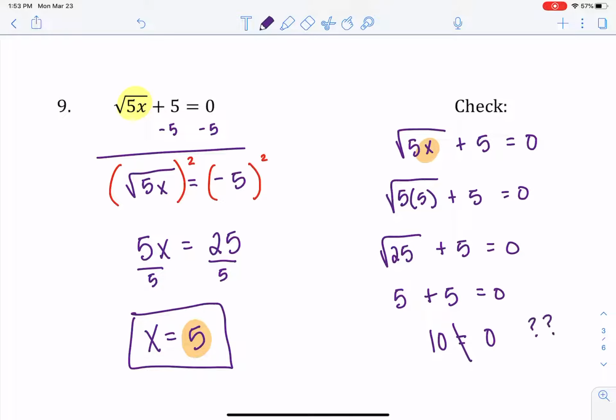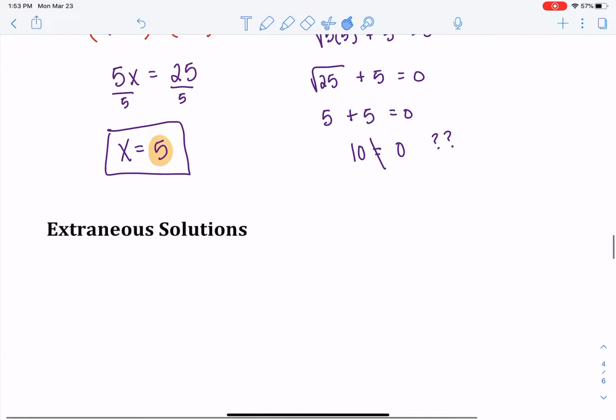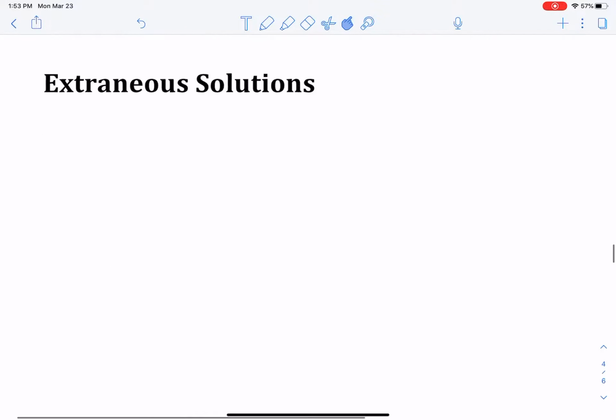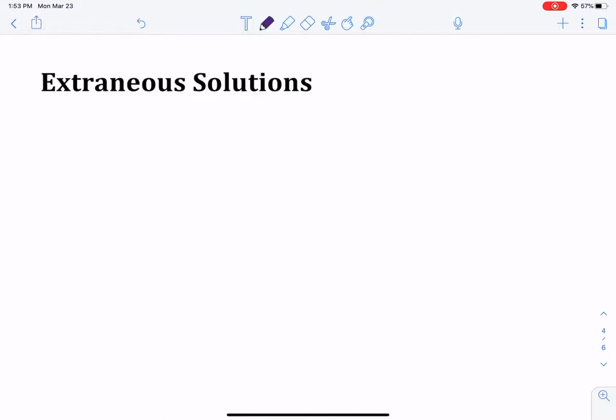So what could that mean? We haven't seen something like that before. So when you see something like this, it is our segue to extraneous solutions. So let's get a definition here for extraneous solutions. Maybe that'll help us figure out what just happened. So another word that we can use for extraneous would be phony. All right, so the definition here would be extraneous solutions